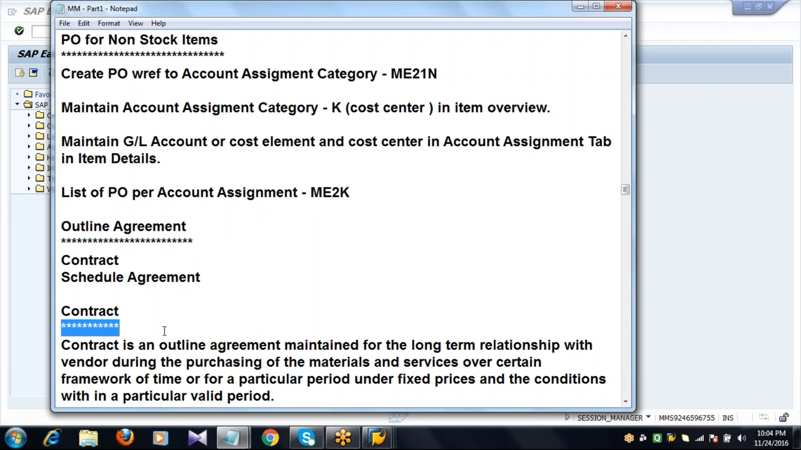So contract is an outline agreement which is maintained for the long-term relationship with the vendor during the purchasing of materials, goods and services for a particular period, for a particular material, under fixed prices and conditions. This step is very important. Under fixed price and conditions within a particular valid period